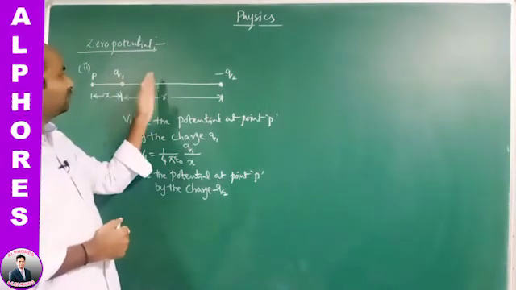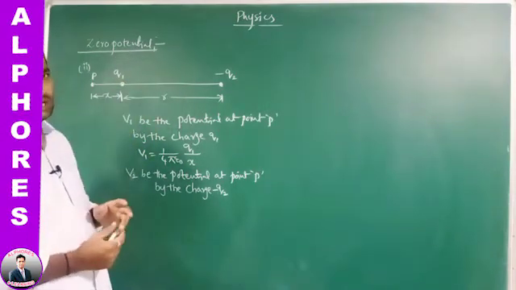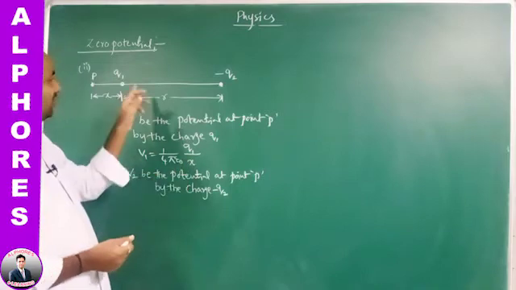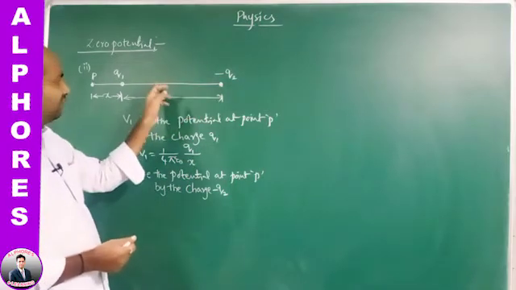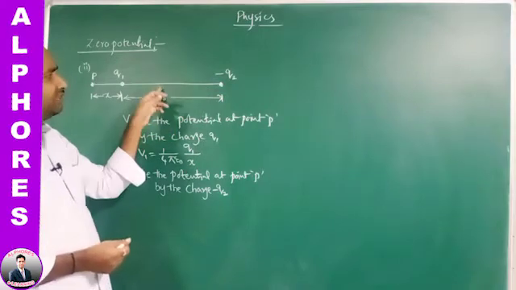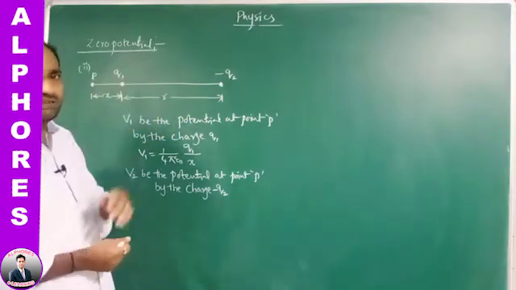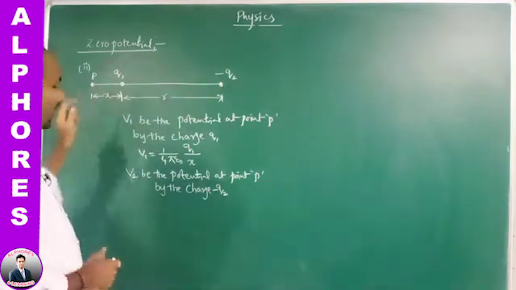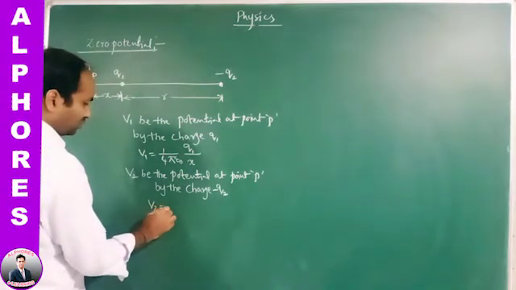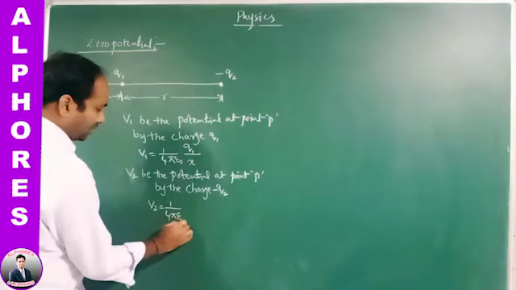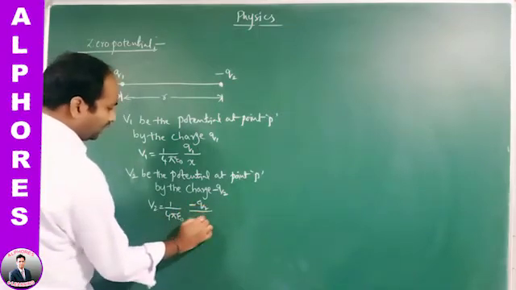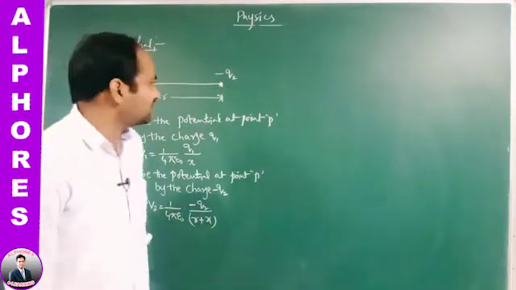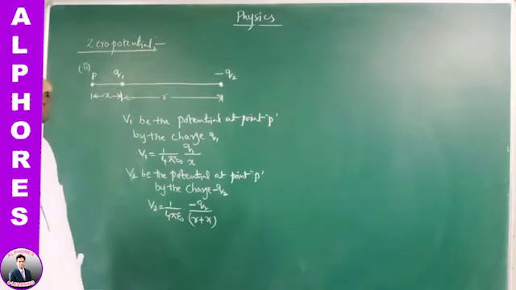Now what is the difference between the first case and the second case? In the first case, when the potential is zero in between the system of two charges, the distance from the first charge is x, and here also x. But from the second charge, the distance in the previous case was r minus x, whereas here the distance of point P from the negative charge is r plus x. So V2 is equal to 1 by 4 pi epsilon naught times minus q2 by r plus x. These are the individual potentials at the point P by the charges q1 and minus q2.